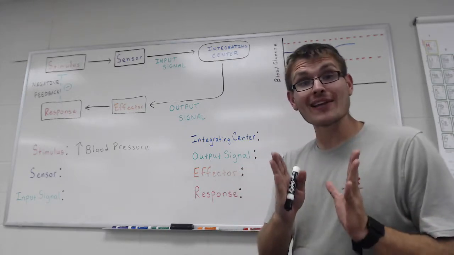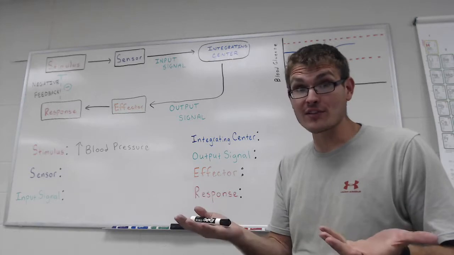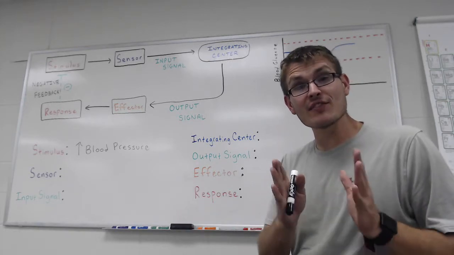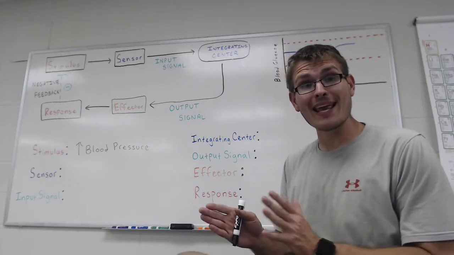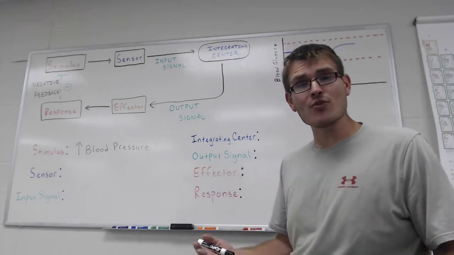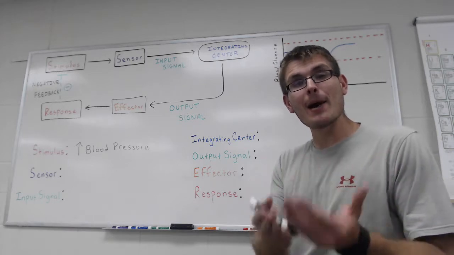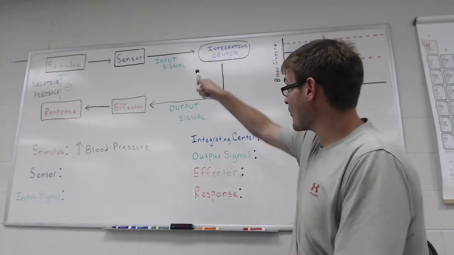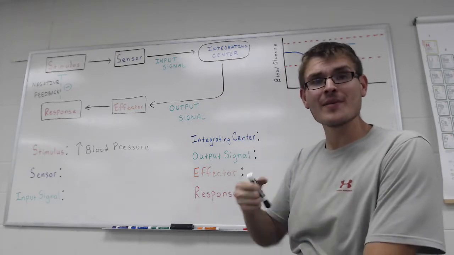But as you've likely noticed in the real world, where things of course always go wrong, something can only be fixed if someone notices that there's a problem to begin with. So how does your body do this? There's a problem, but we only know it's a problem if somebody notices it. So that's going to be where the sensor comes in.